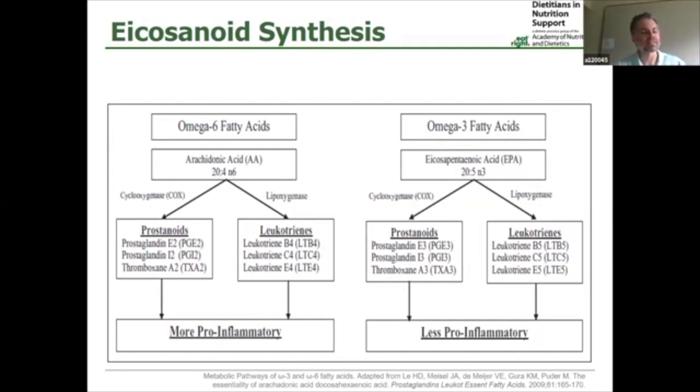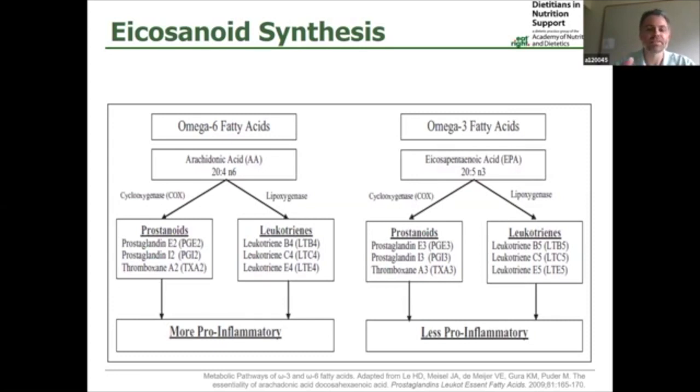For instance, if you have a higher dose of omega-6 in a person's inflammatory cell membrane, that is going to cause a more heightened inflammatory response, because it produces many of the eicosanoids, or many of the pro-inflammatory leukotrienes, thromboxanes, and